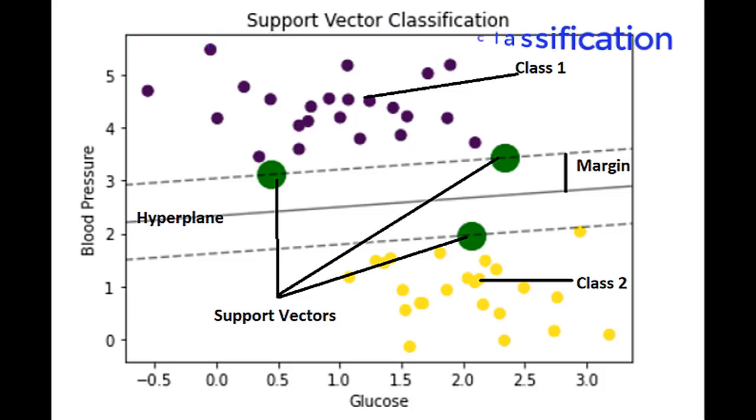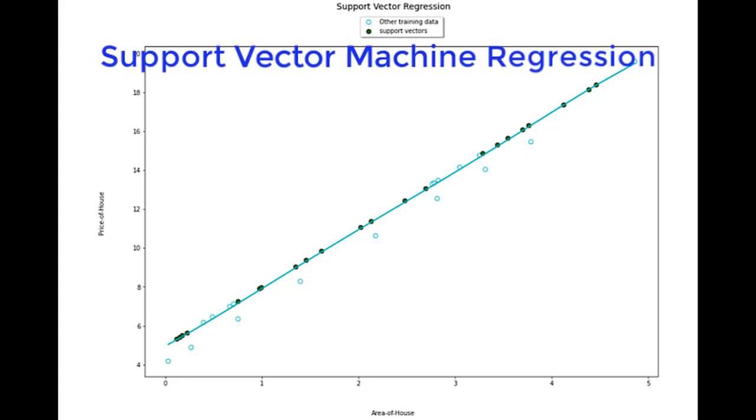Support vector machine regression works on a similar principle as the support vector machine classification algorithm. The regression algorithm mainly considers the points that are within the decision boundary line. The best fit line is the one in the hyperplane that has a maximum number of points. The image on your screen shows a typical support vector machine regression line. Note that most of the green dots that fall on the regression line are called support vectors.